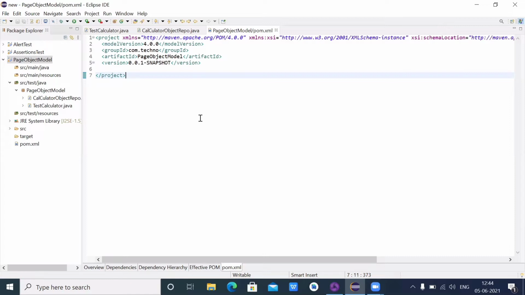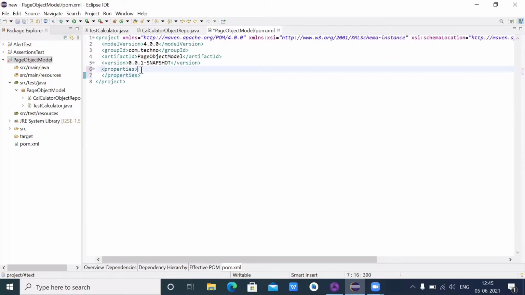Now I am going to add the jar files which are required to create the project. First I will add one tag, which is the properties tag, and I will close it.